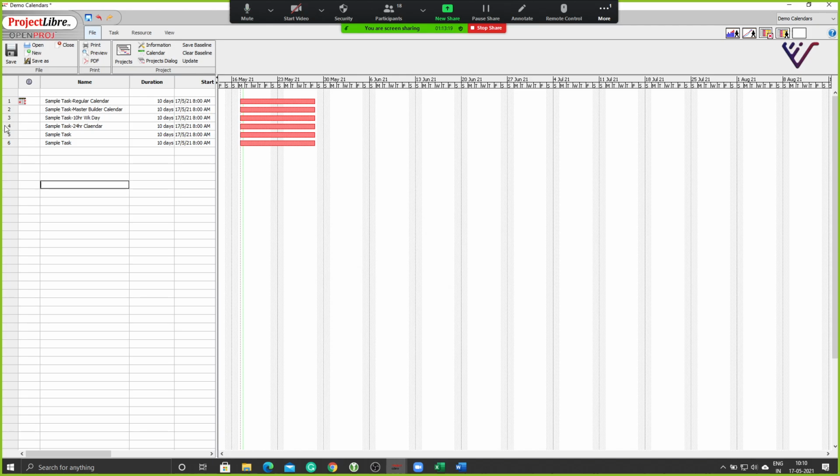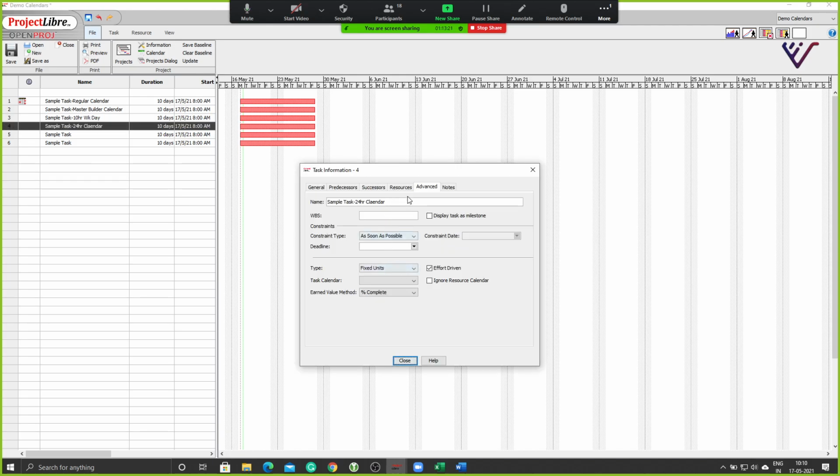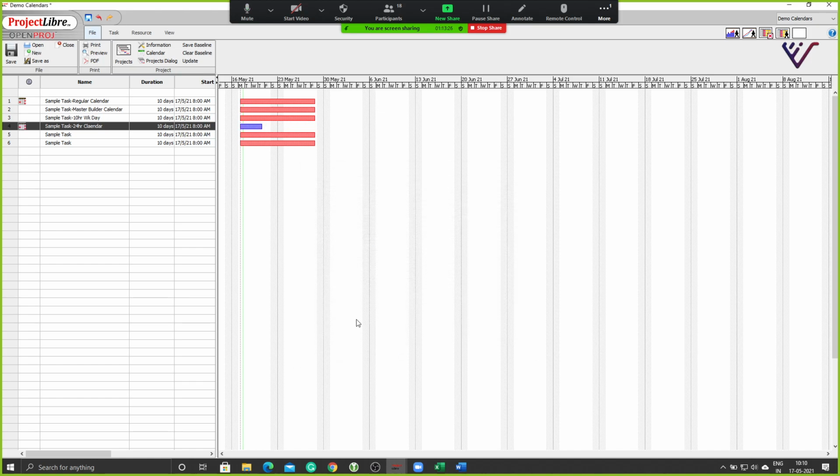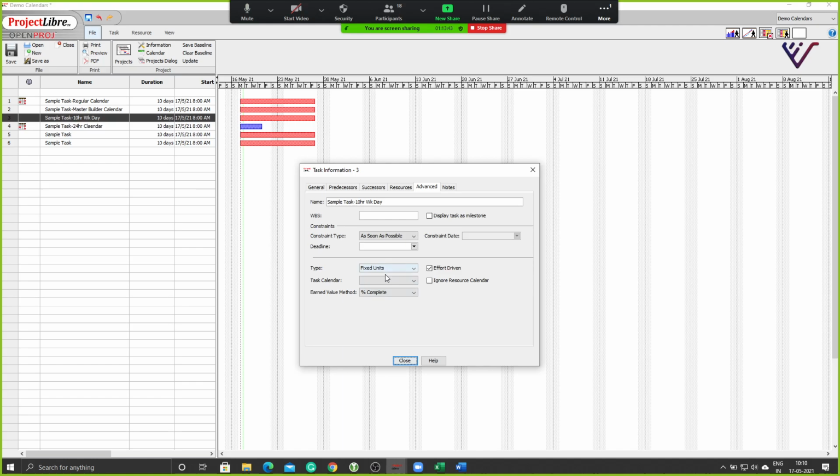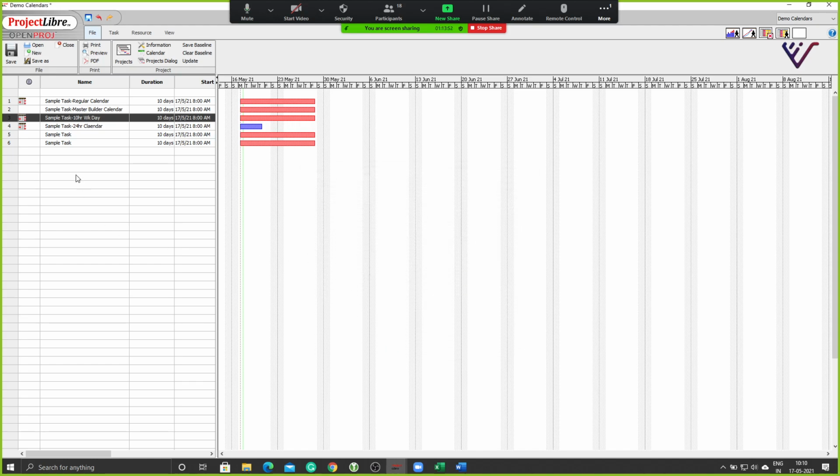Now for the last one, I'm going to make this a 24-hour work calendar. You see the duration? Even though both of them are 10 days activity, the fourth one has now become a, sorry, I made a mistake.